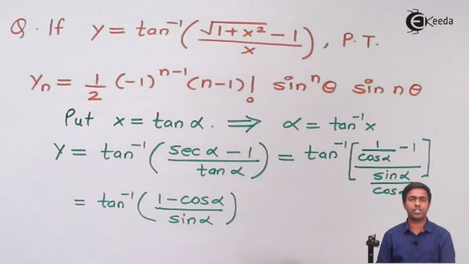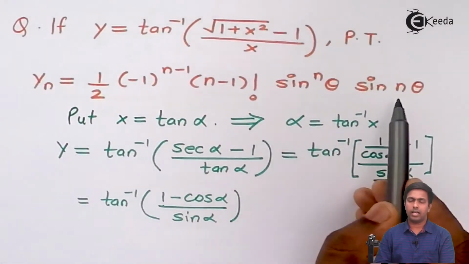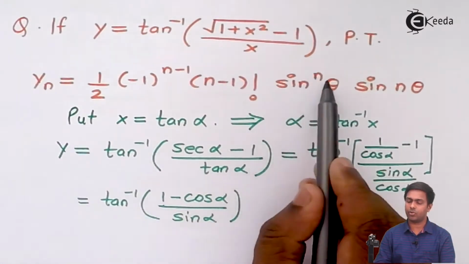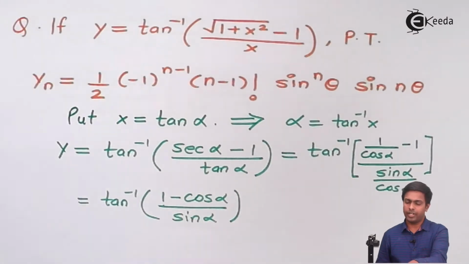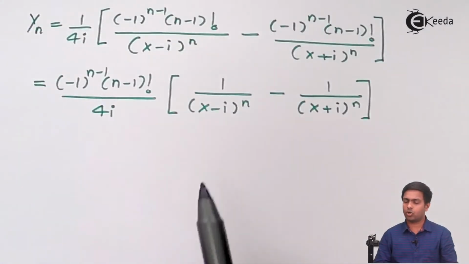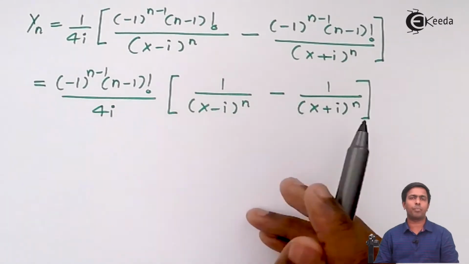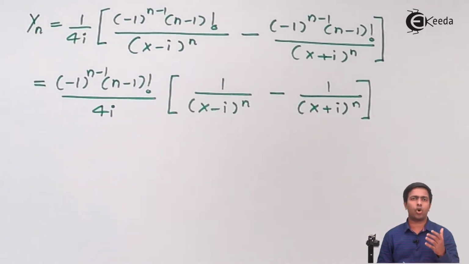But if you observe the question, then we want sine n theta and sine raised to n theta in the answer. So it means we have to convert these complex numbers into the polar form, because in polar form we get the cos term and the sine term. So guys, I have already covered 3-4 problems on the same concept, so you can refer to them, and I will also solve this problem again.